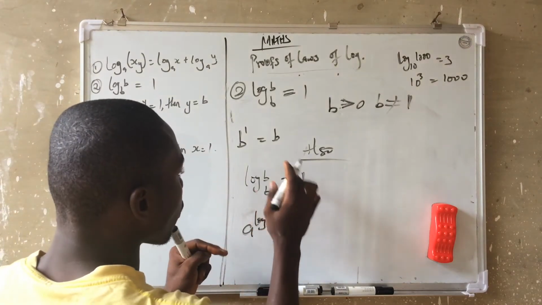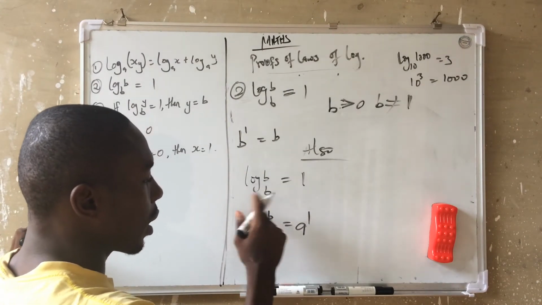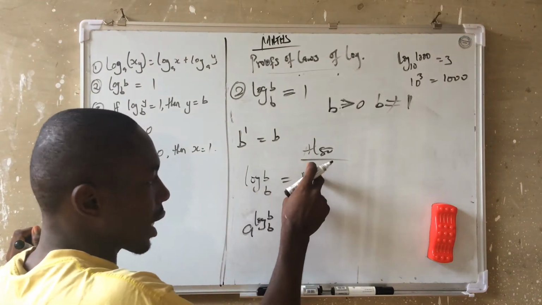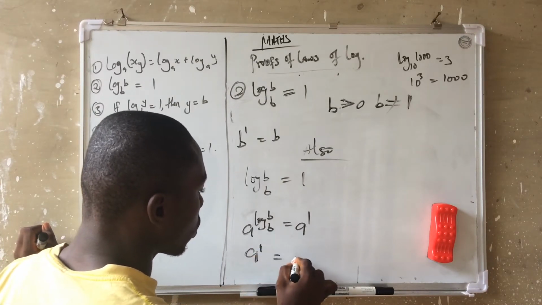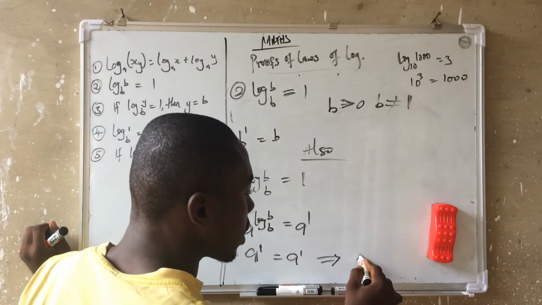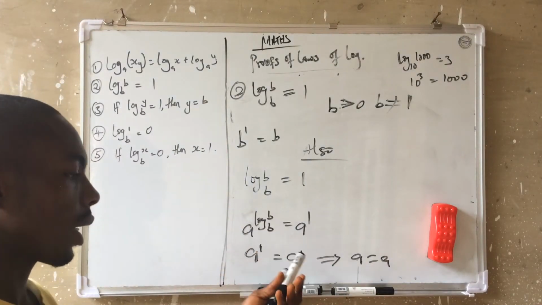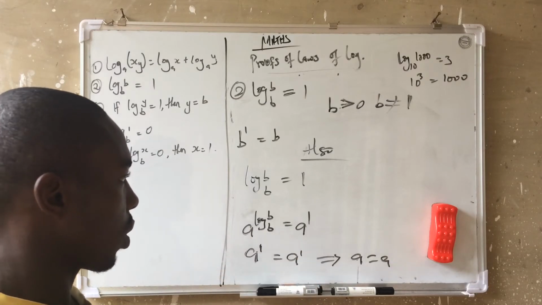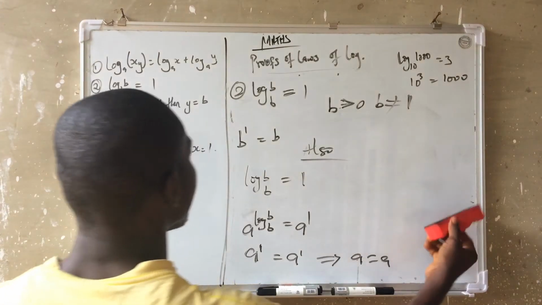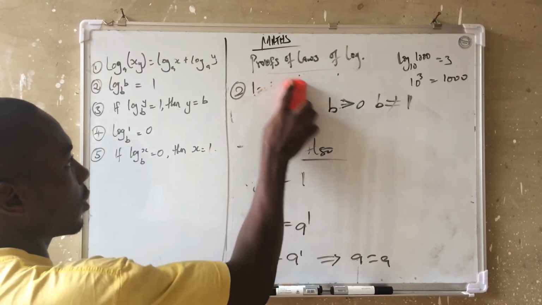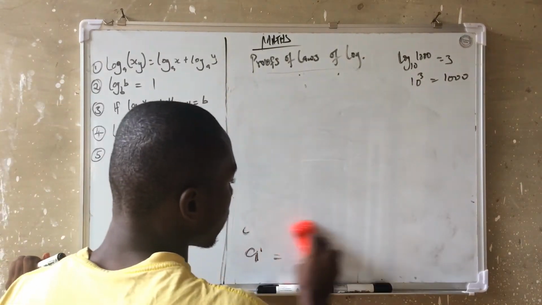Now you see from here, this is equal to this. So here I will not be bothered about any other thing. I will just put 1 here because 1 has been assigned to this log b base b. So I have a raised to the power 1 is equal to a raised to the power 1. So this implies that a is equal to what? A. Now see, coming from this other side, we also prove that a is equal to a, that log b base b is equal to what? 1. So you see that it's simple. This one is the easier one. So now the next one,